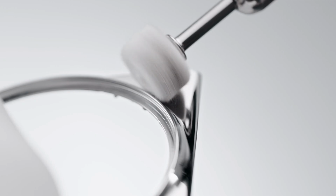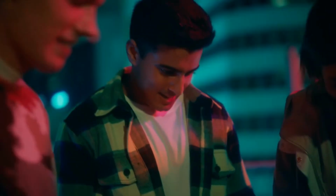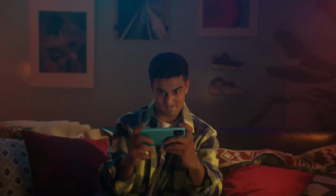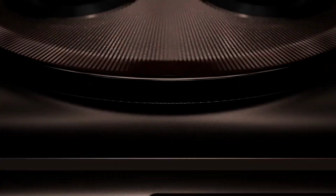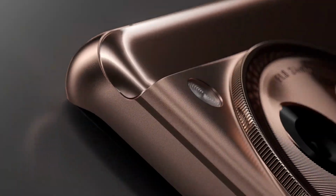In addition to the Snapdragon chipset, the phone will also run ColorOS 15 in China, a move that follows the brand's strategy of using ColorOS in China while offering OxygenOS based on ColorOS for the global market. The Tidal engine is designed to optimize performance, while the Aurora engine is expected to deliver smoother animations, enhancing the